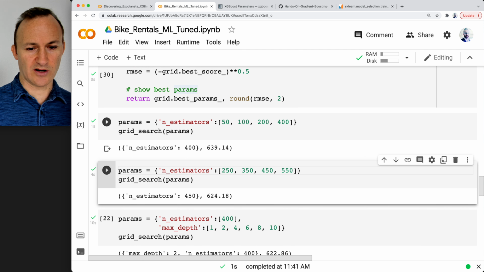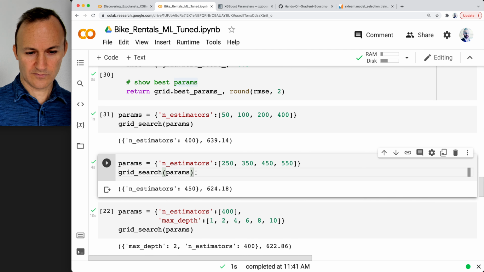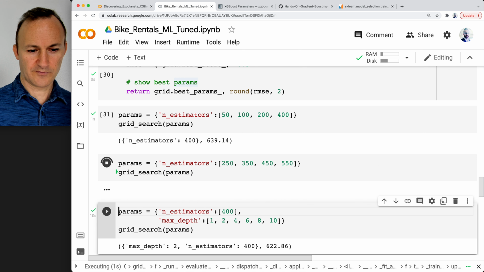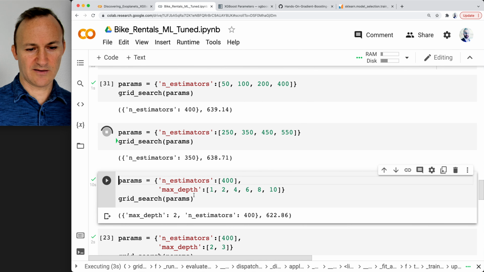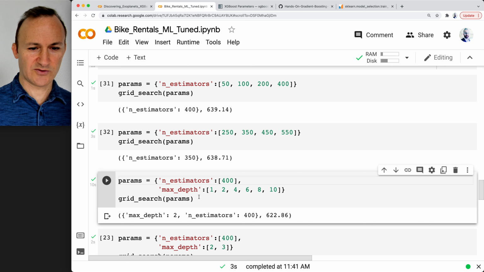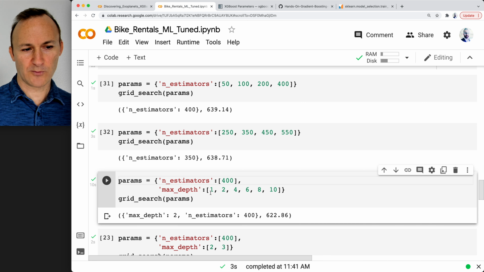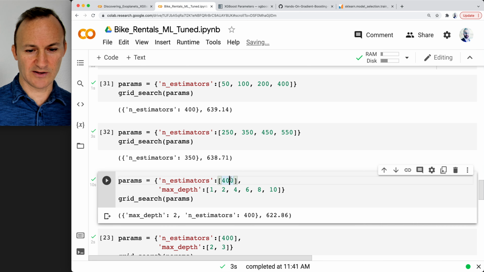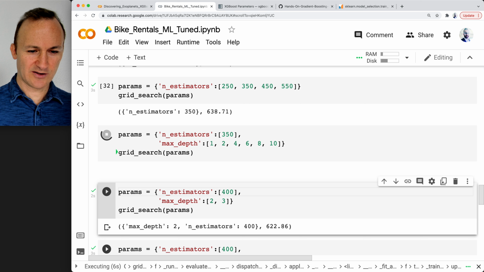So it's still got 400. And it's... now that's interesting. See, 350 is better. We're going to use that because it's less, right? Even though it's only a slight gain, if less is better, let's go with less. And we can always further adjust that later if need be. Okay. And now, so I'm just going to run through these one at a time because, right, the next line of